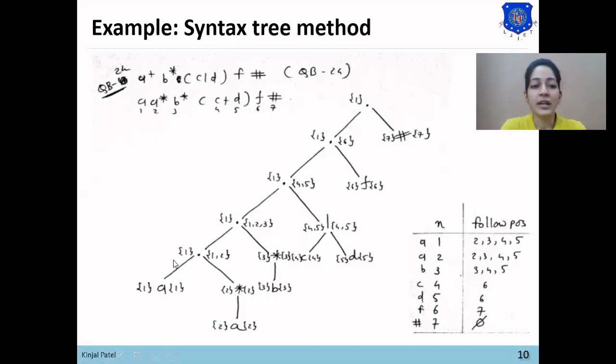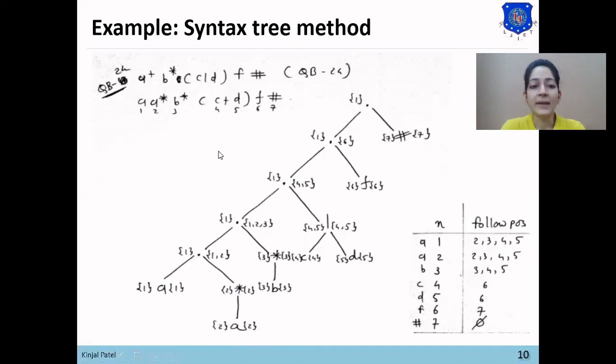So A dot A Kleene closure, then dot B star, then dot C or D, then dot F, and dot hash. So here you can see the syntax tree for this expression.